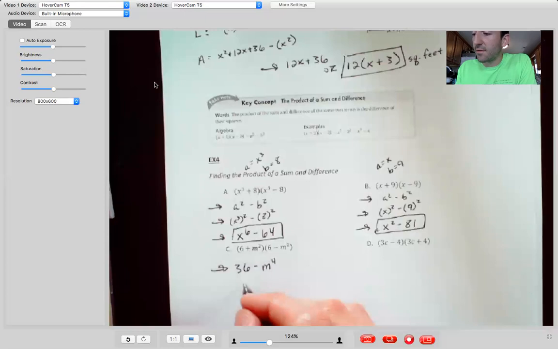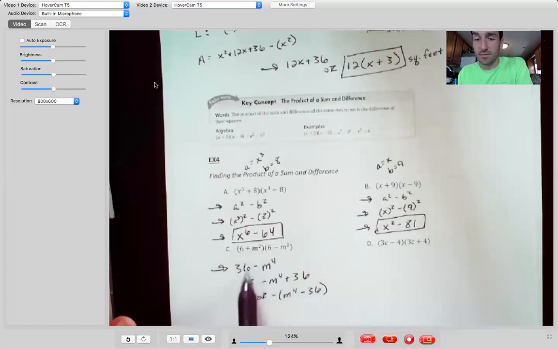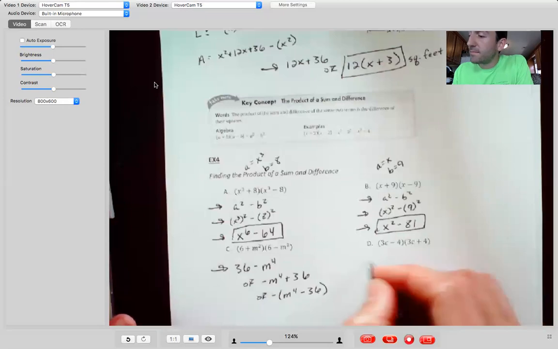Okay, in standard form, this would simply be negative m to the 4th plus 36, or you could even factor out the negative and write it as the opposite of m to the 4th minus 36. Either way would work there. Okay, Math Excel would just take it from there, I think. All right, and then the last one,